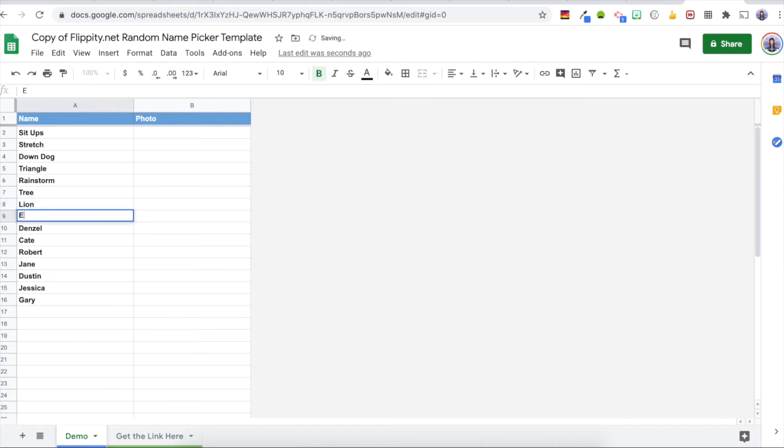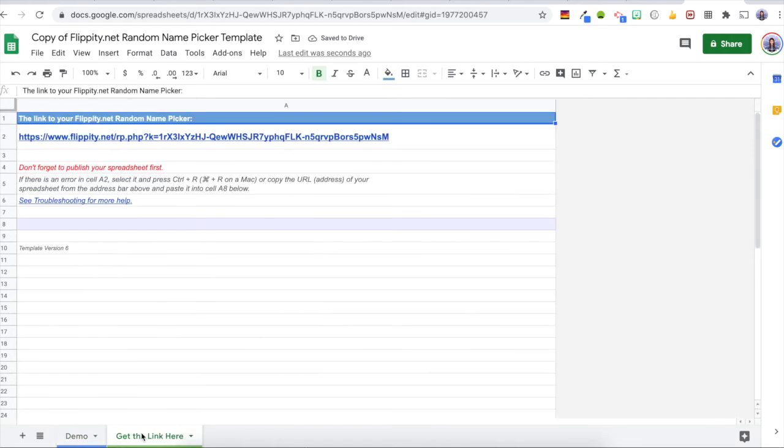You can include all energizing, all calming. It's really up to you. It's whatever you and your students are liking at this particular point in the month or the week and the season. I recommend doing no more than 10. The wheel gets really cluttered otherwise, and so just thinking about the top 10 that you and your students enjoy and deleting the rest. Once you're done, you're going to go to the bottom that says get the link here,